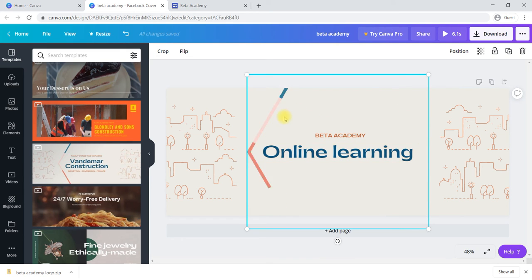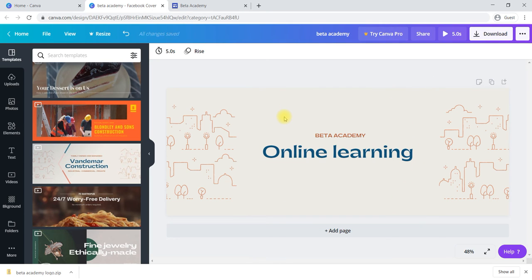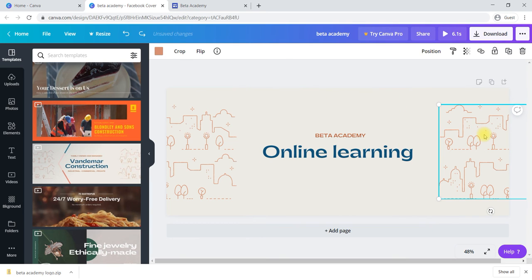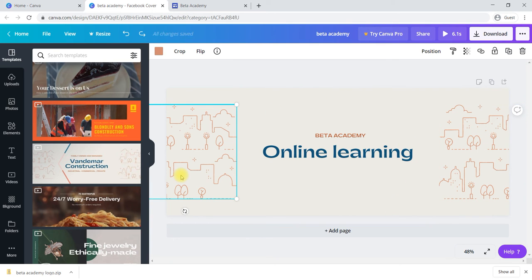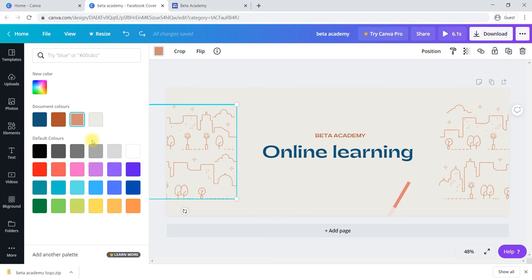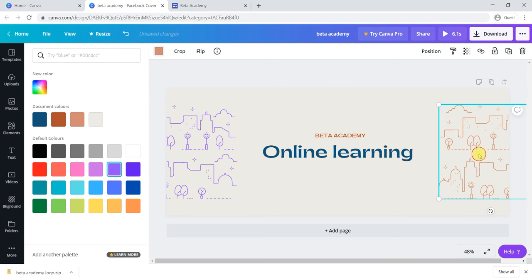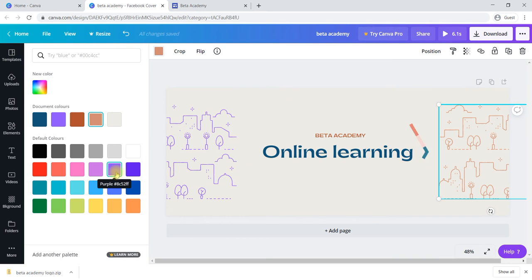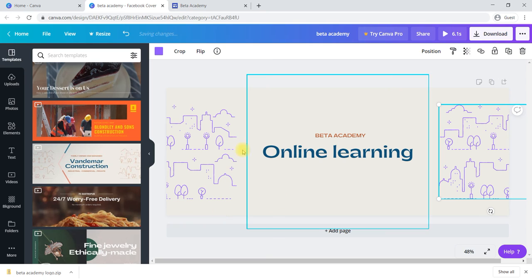If you don't want the animation, you can delete it directly using delete like this. Control Z to come back. Anytime you can delete or change the color as per your brand. The brand color you can change. Then the background color you can change.